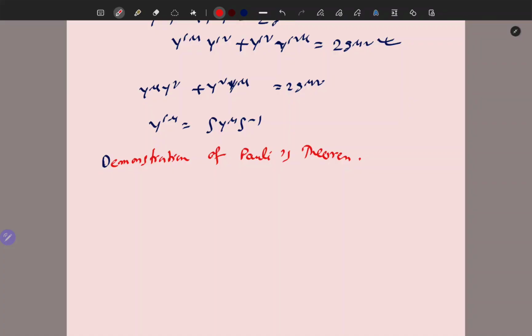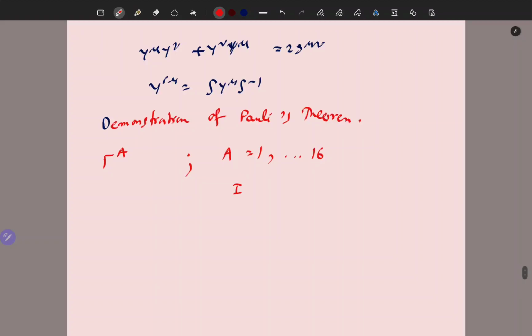16 matrices, which are 4 by 4 matrices, denoted by gamma A, where A stands for 1 to 16. They are I, i gamma 1, i gamma 2, i gamma 3 gamma 0, i gamma 2 gamma 3, i gamma 3 gamma 1, i gamma 1 gamma 2, gamma 0 gamma 1, gamma